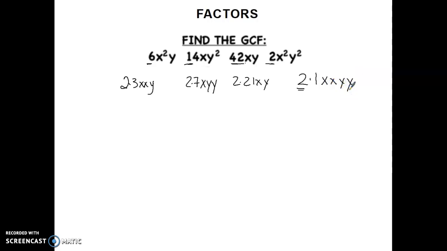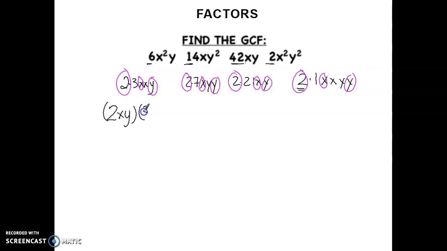Now let's figure out what's common. Well, we've already decided the 2 is the greatest common factor. What else is common in each of these terms is an x. There is at least one x in each of them. And then there is at least one y in each of these terms. So when I rewrite these expressions, I have actually a